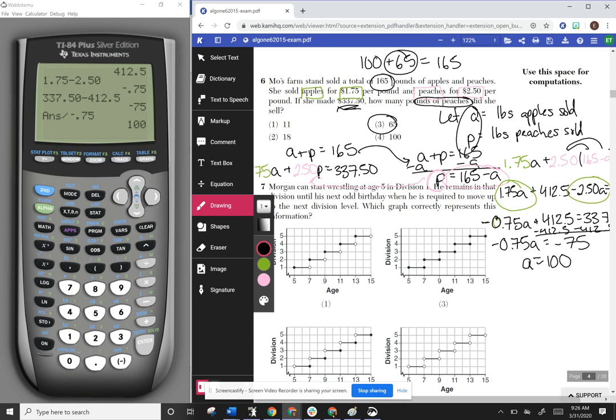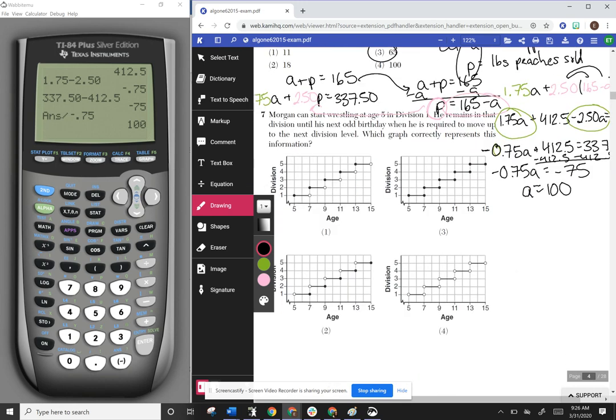Okay, question number 7. Morgan can start wrestling at age 5 in Division 1. He remains in that division until his next odd birthday, when he is required to move up to the next division level. Which graph correctly represents this information? Okay, so